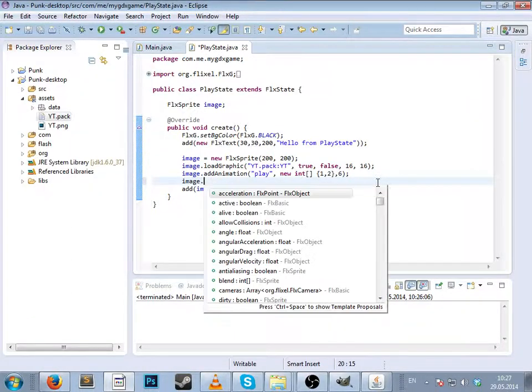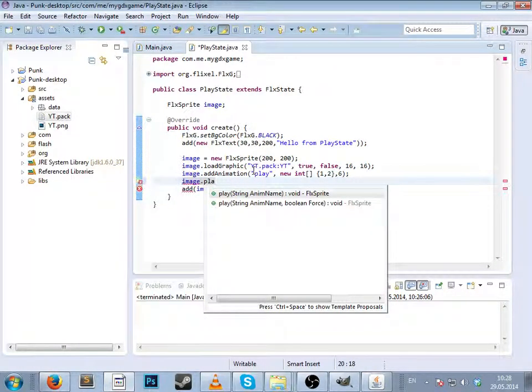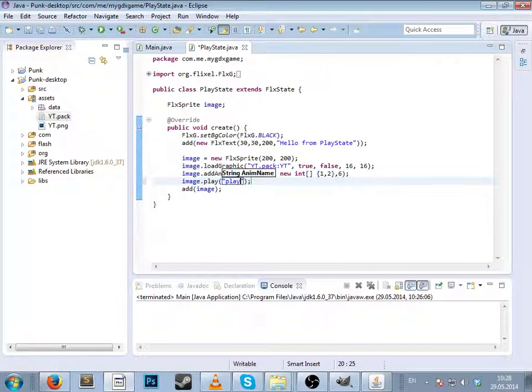And then we need to say, okay, you loaded the graphic, I know you have an animation which is called play, but now I want you to play that animation I set here. In our case it's play. So image.animation.play, play, which is this. Okay, and now let's run this,